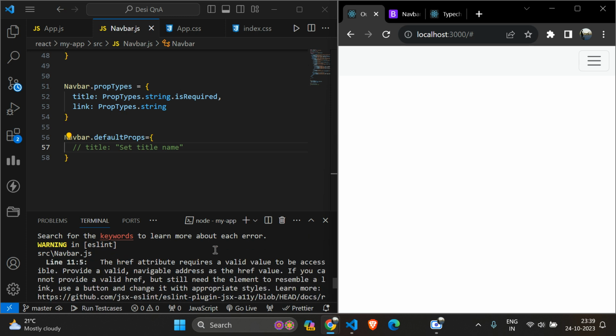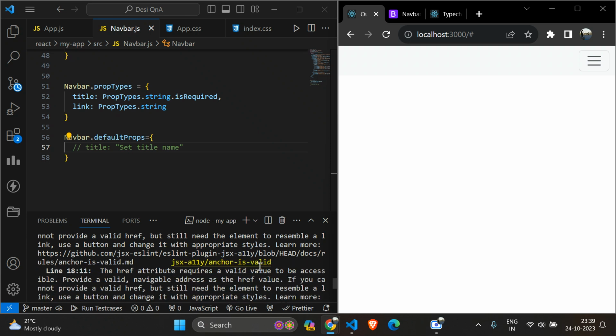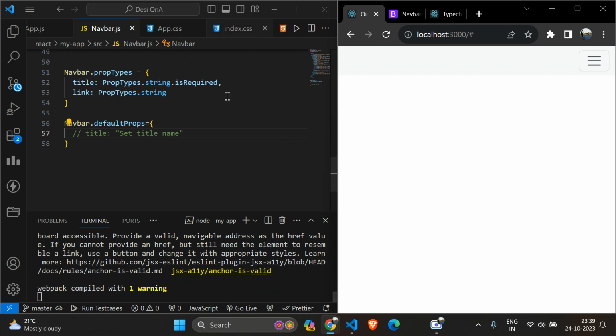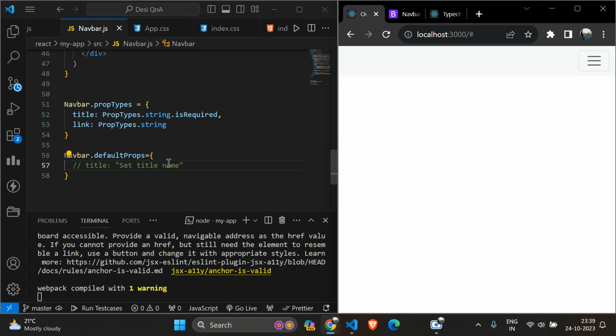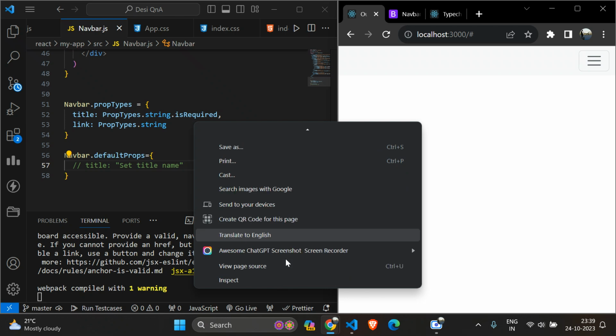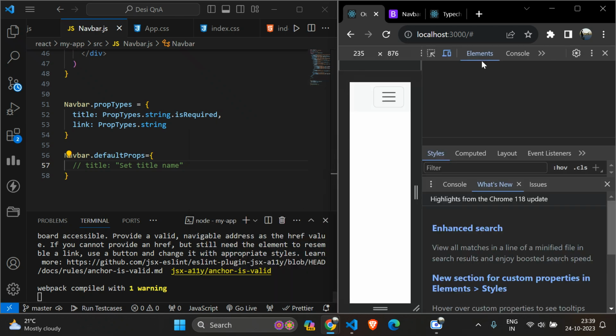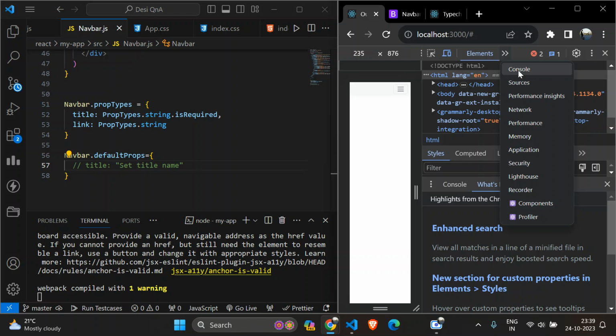Navbar.js: provide valid navigatable value. That is showing that we have not provided some valid data. So basically that is causing an error. The error is not reflecting over here, but it doesn't mean that it's not an error. You can go to console,